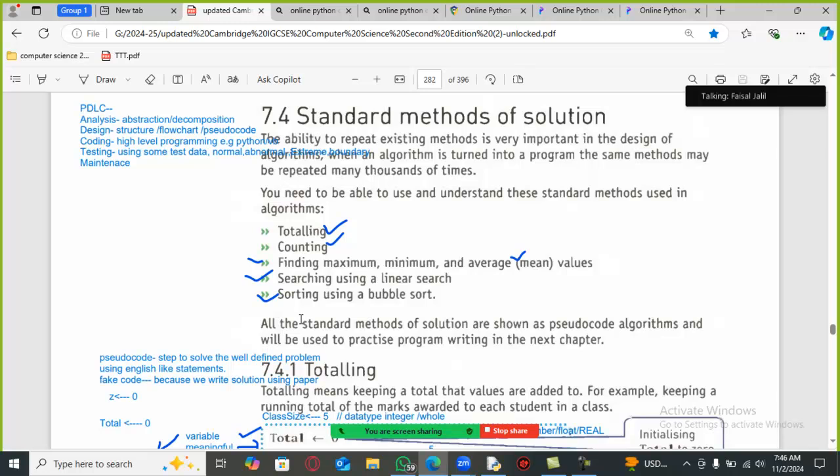Assalamu alaikum everyone. Okay, today we are going to learn about the standard method of solutions. We've already discussed in detail in our previous tutorial about totaling, counting. So I'm going to quickly revise all the concepts and then we will make a small calculator